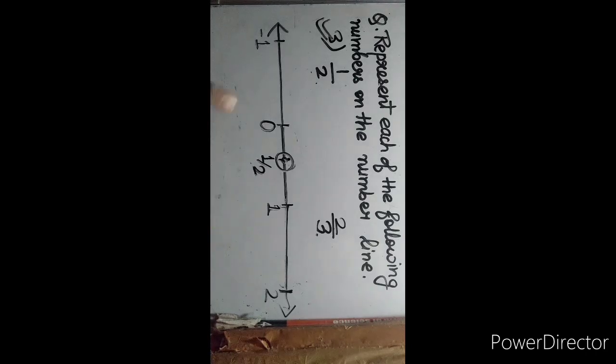And one more thing, this is 0, this is 1 by 2, and this one we can write as 2 by 2. This 1 is equal to 2 by 2. Why is 1 equal to 2 by 2? Because when we cancel 2 from 2, 2 ones are 2, so again we have 1 only. So we can write this 1 as 2 by 2. And since this is 2 by 2, this is 1 by 2.